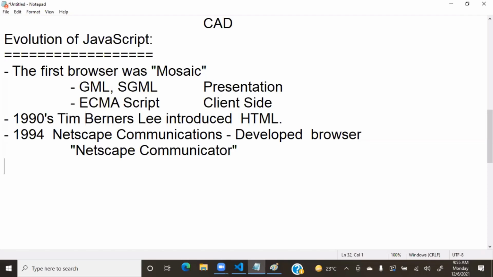And Netscape, what they did is, they started using HTML. That means the markup language was HTML, for presentation, and they started ECMAScript. But ECMAScript was not designed for HTML, so it was facing problems in handling HTML. That's the reason. So what happened is